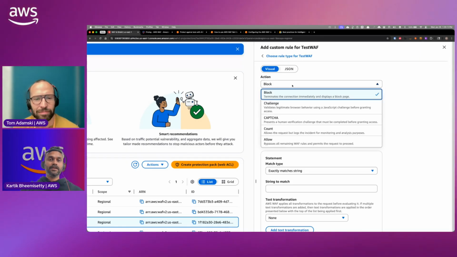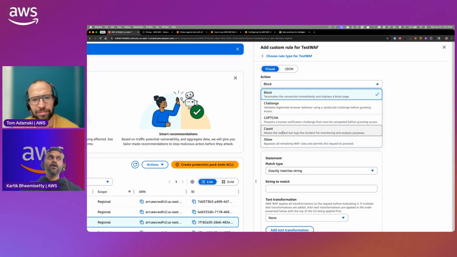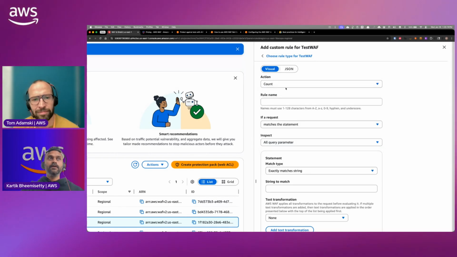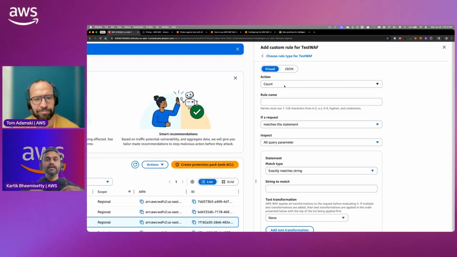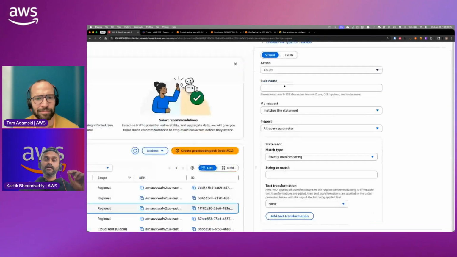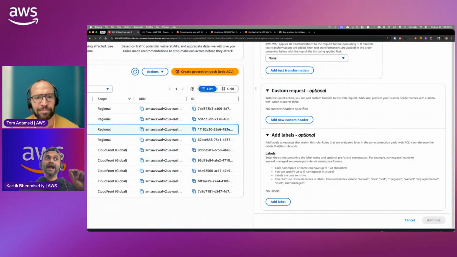And these are the actions that you can configure on a rule. You can block based on the criteria that you define, or you can count. This is important. Count basically analyzes the traffic, and if there is a match on that particular rule, WAF is going to tag it and then process further down the order. It's just saying, okay, this request matched this particular rule, but you don't want me to take any action. What I will do is tag it with this particular request data and add a label to it.